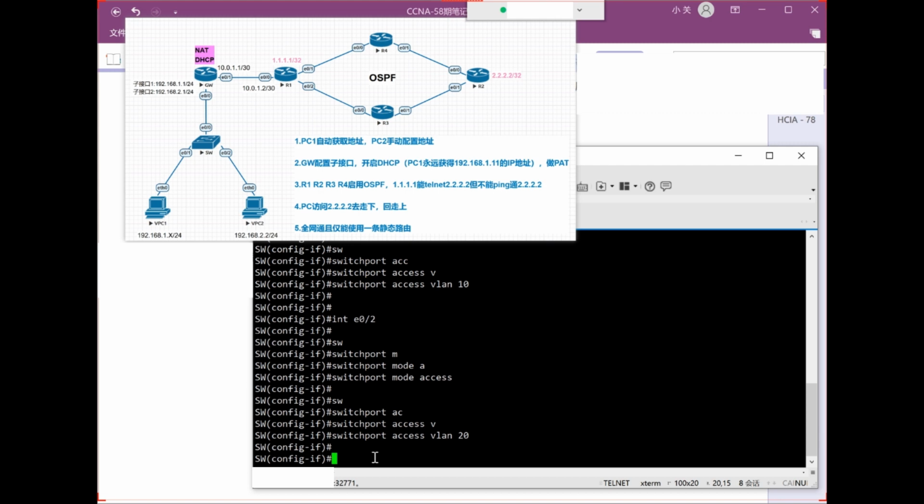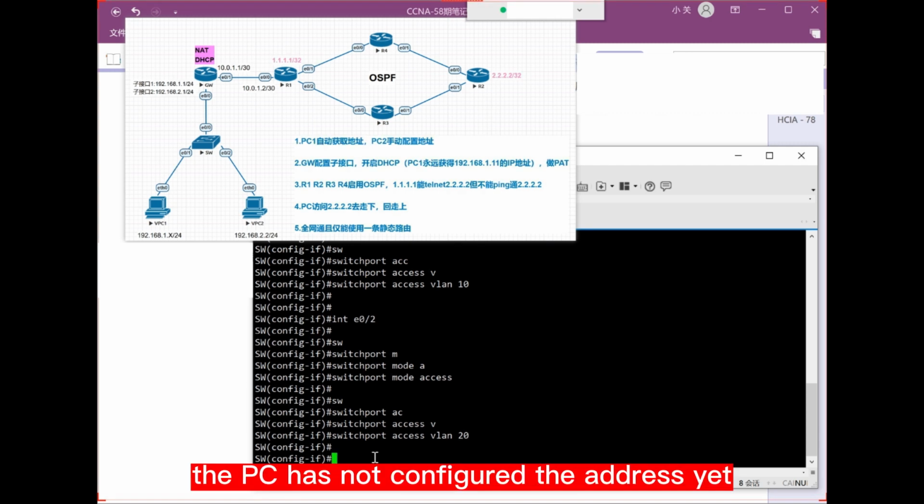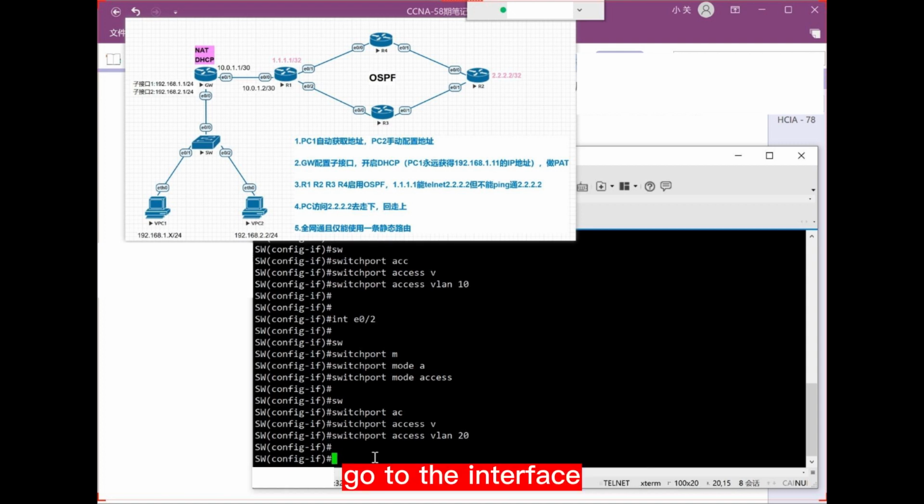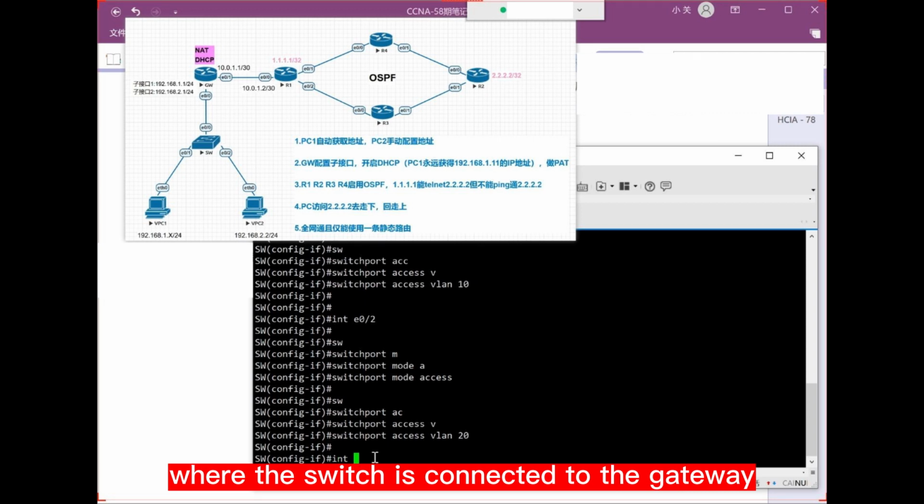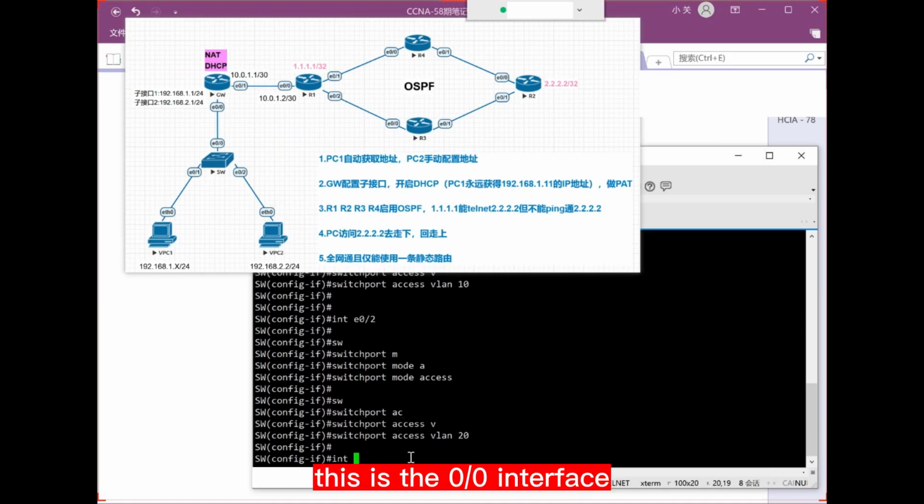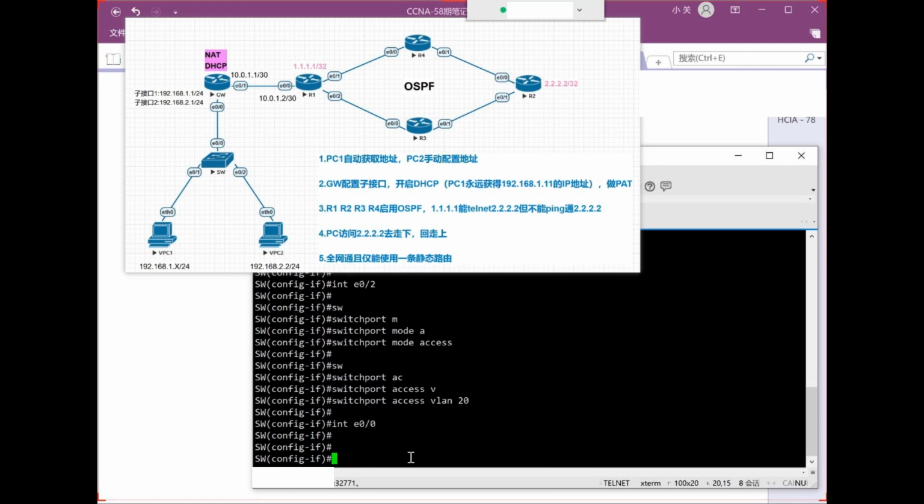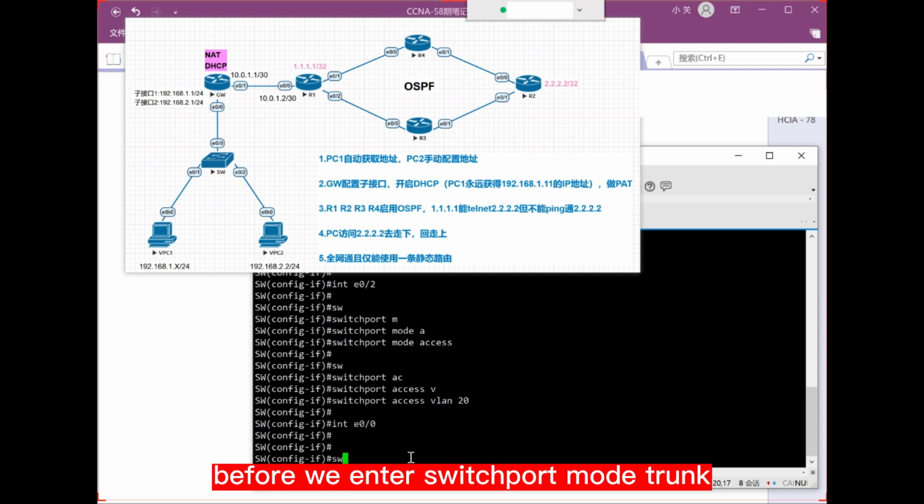Okay. It's not working now. Certainly, the PC has not configured the address yet. We first configure the switch. Go to the interface where the switch is connected to the gateway. This is the 0/0 interface. After coming in, before we enter switchport mode trunk,